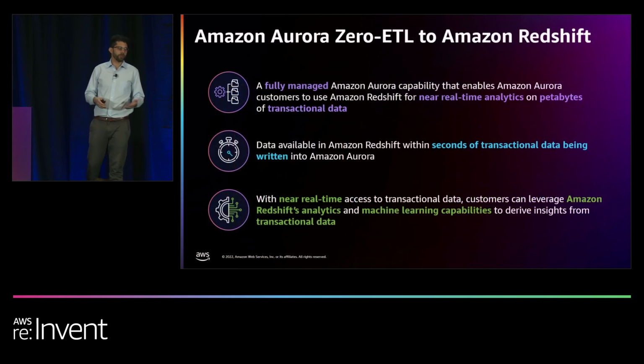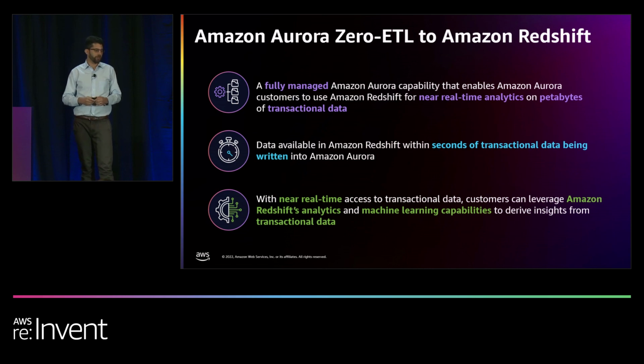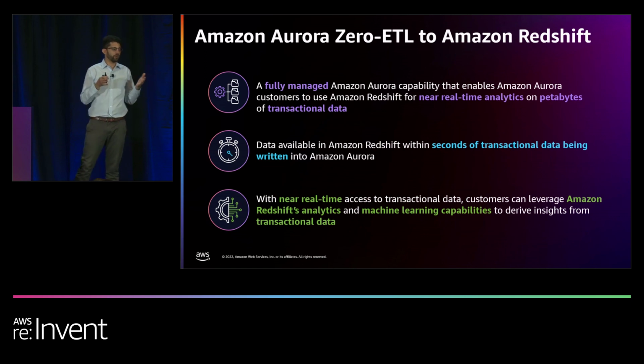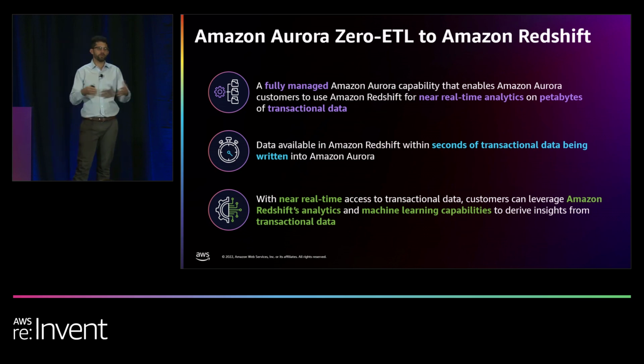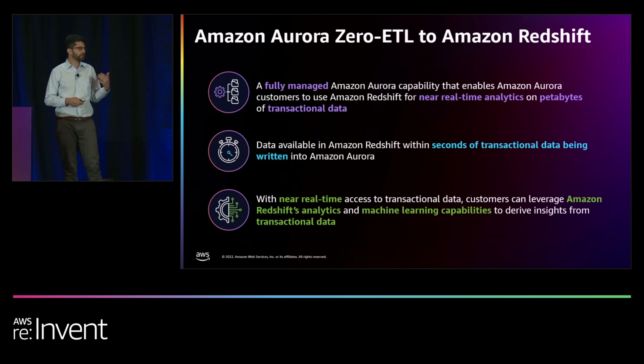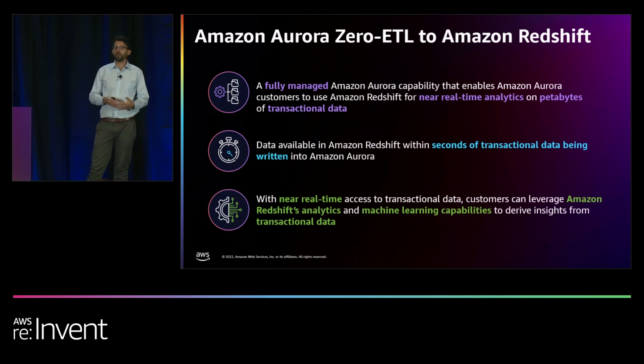And so Amazon Aurora zero-ETL integration with Amazon Redshift is a fully managed Amazon Aurora capability that enables you to run real-time analytics on petabytes of transactional operational data. You can combine multiple Aurora databases and create views across those databases in Redshift. And all of this is happening within seconds of the transactional data being written into Aurora. And you can do all this without having to create complex and brittle data pipelines. Just with a few clicks,